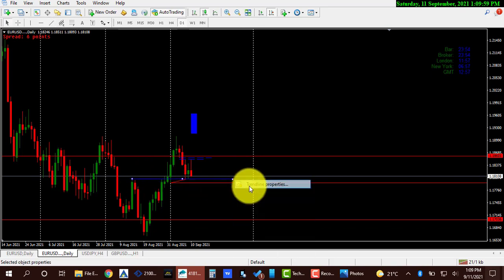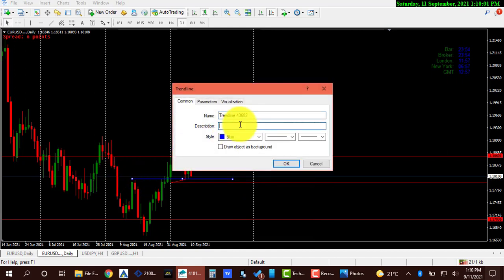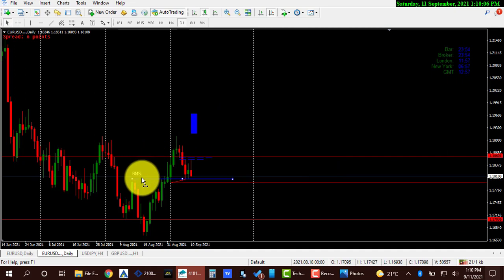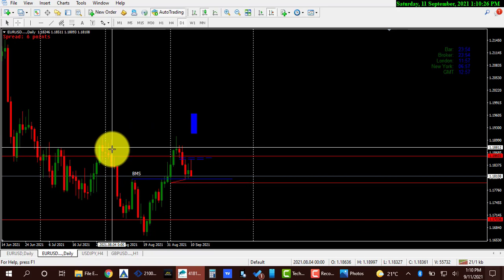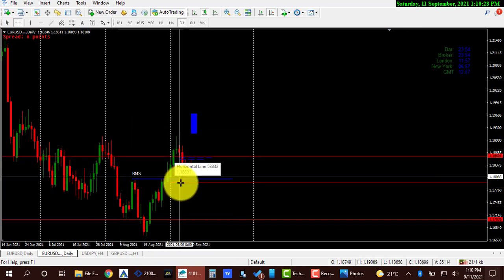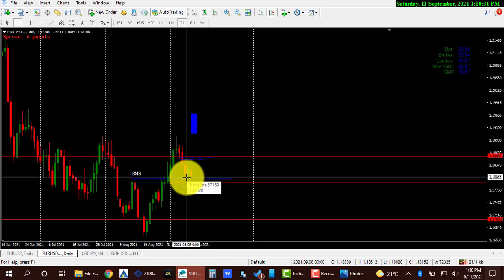Yeah, so that's the break market structure right there. After the break market structure, we are anticipating a drop, a pullback, after taking out this low. But we couldn't get that pullback until price took out these highs over here. Then we had that retracement, as we had the retracement up in